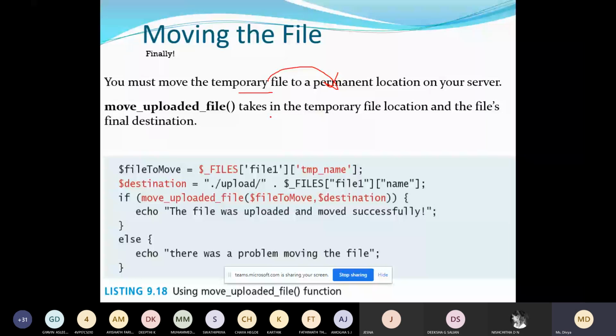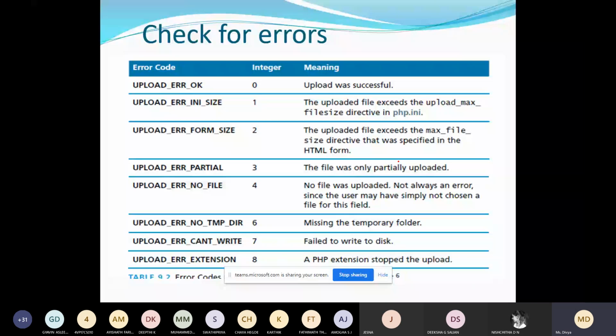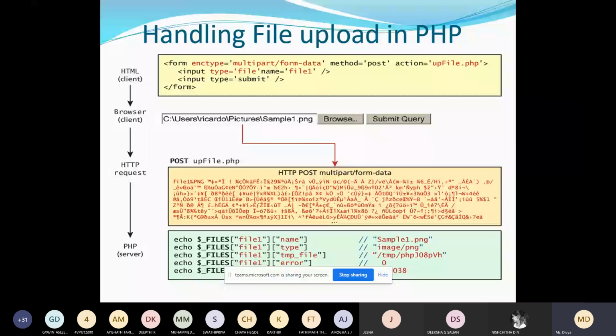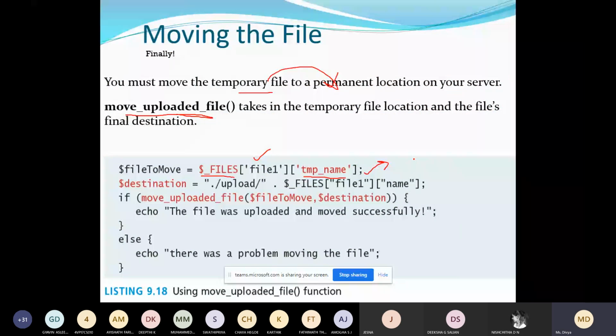This is your temporary location, which you can get using $_FILES, the name of the file, and this key, tmp_name, will give you the temporary location.